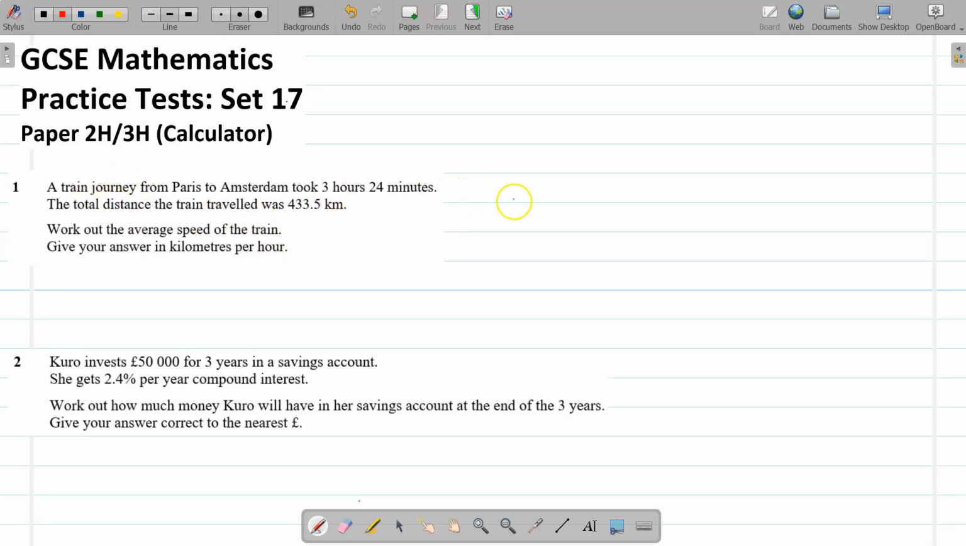Okay, we've got a train journey. The distance and time are given. We've got to find the average speed. So we do a division and we write down the calculation that we're going to put into the calculator, which is going to be